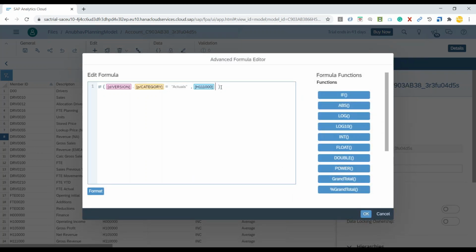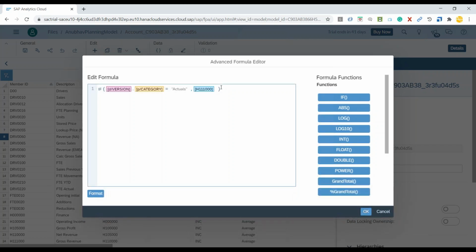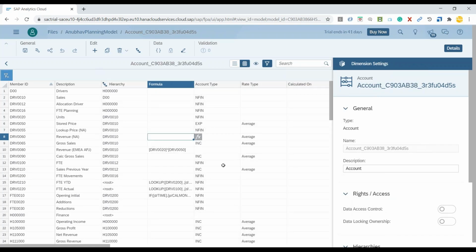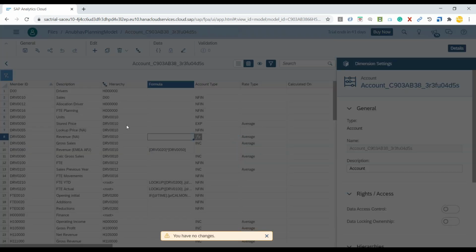Like this, you can also write combinations of if else, looping, and perform a variety of operations within the formula option. For more details on the entire formula bar and applying complex formulas for FTE and different revenue calculations, including allocation formulas, please subscribe to my training on AnubhavTrainings.com. In my training, we're going to learn all the capabilities which SAP Analytics Cloud offers regarding planning. For now, let's click on Save.